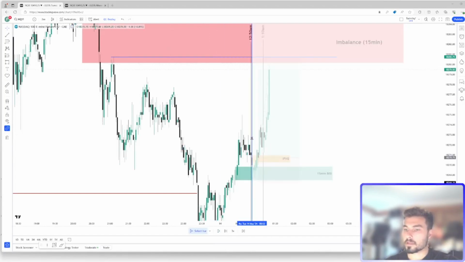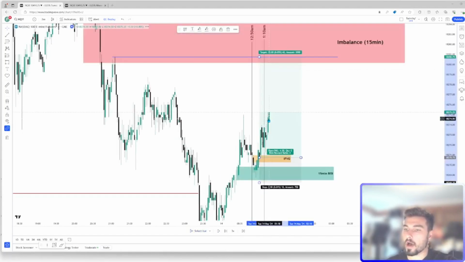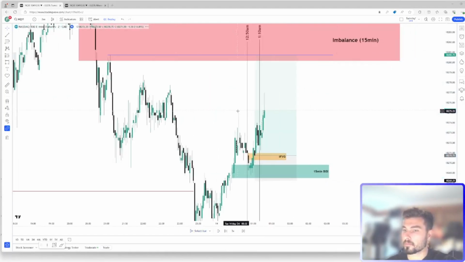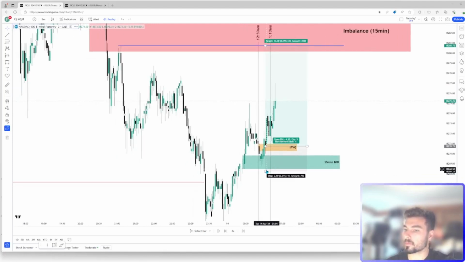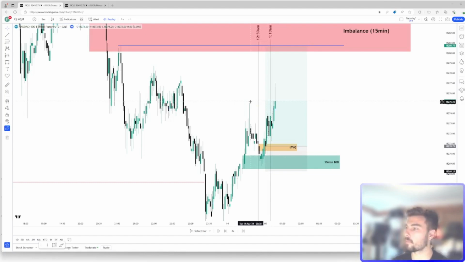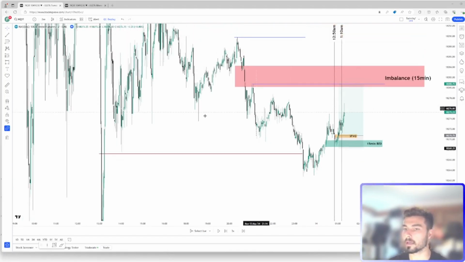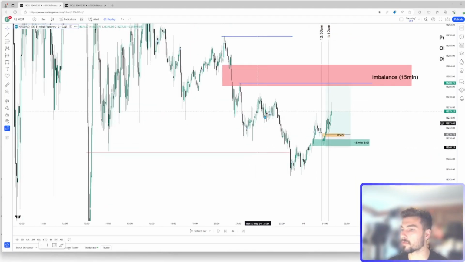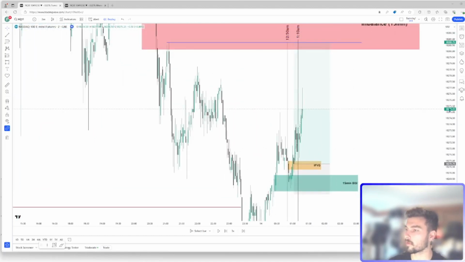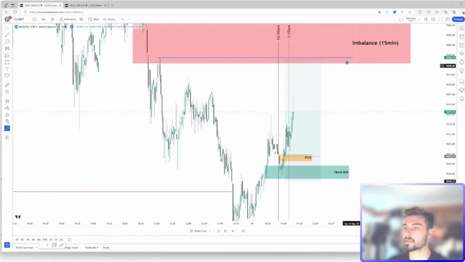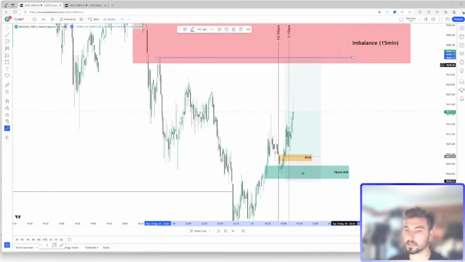Now let's go back just a little bit. When price breaks past this high right here, what would I do with my stop loss? My stop loss is going to be moved to break even. Why? Because we've just swept a point of buy side liquidity, and if my idea is wrong, we could retrace. Looking at the market, we've just been stepping down. So what if the market just wants to keep stepping down? At this point, I move my stop loss to break even. It's a risk-free trade. And this is where my take profit lies, at this level of buy side liquidity.